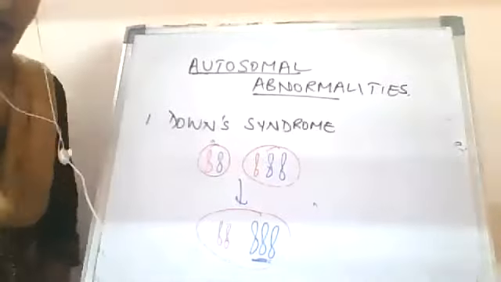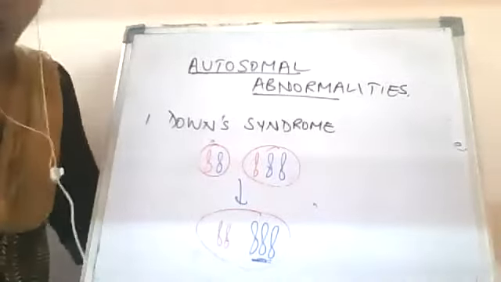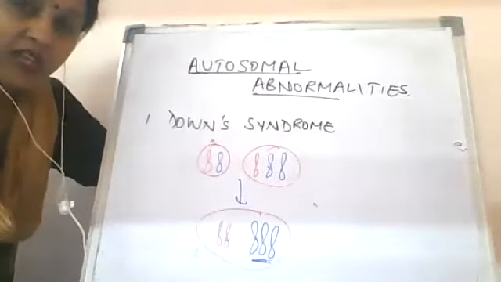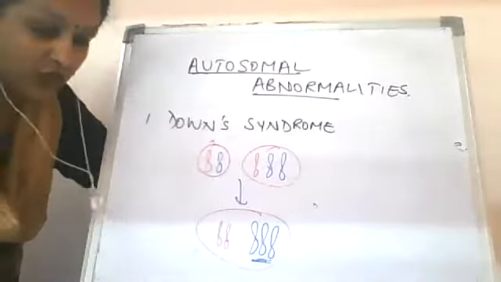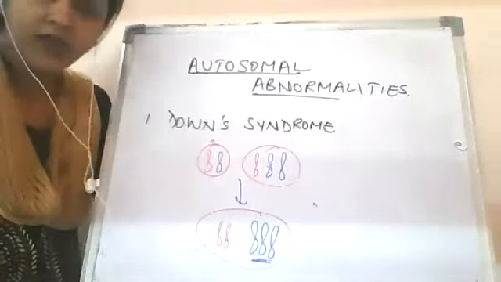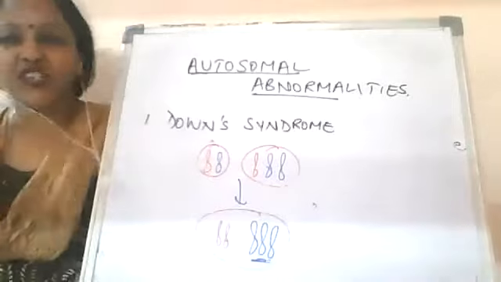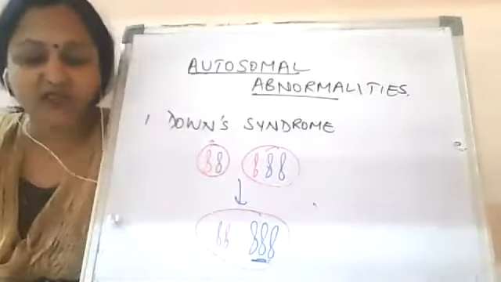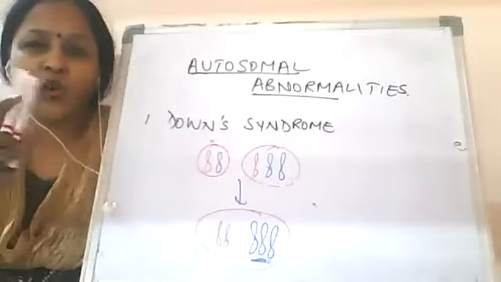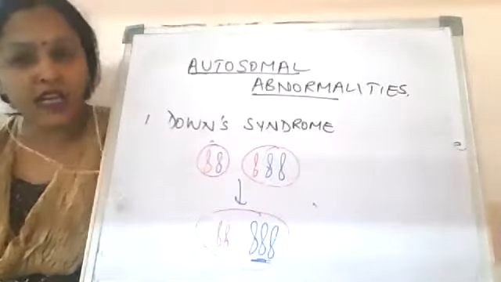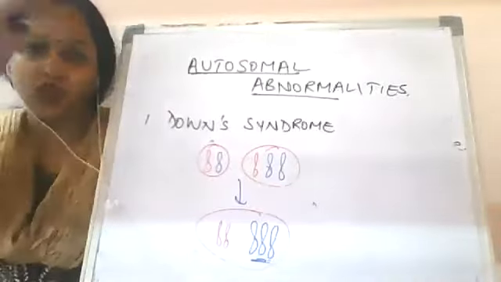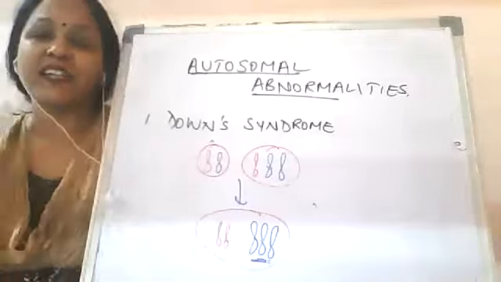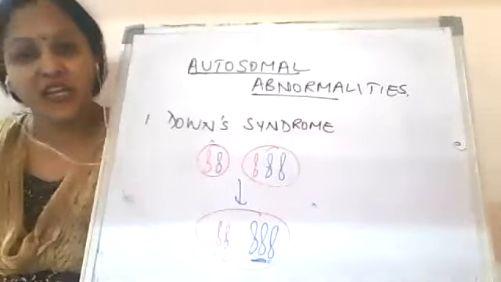Write down the symptoms of Down syndrome. Down syndrome is also known as Mongolism. Why is it called Mongolism? Because you have seen Chinese and Japanese people and what type of face they have. Their eyelids are very small. So the Mongolian characters are there in the person suffering from Mongolism. It doesn't mean all Chinese are suffering from Mongolism. Let's not say that. But they have certain characters like the Mongols.